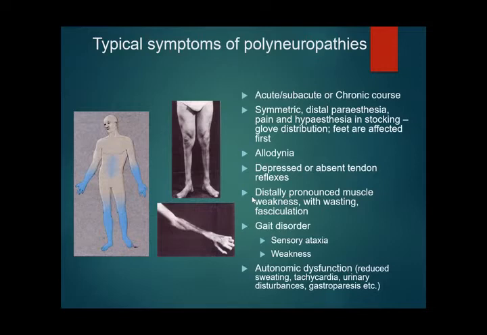Gait disorders, patient may have sensory ataxia, and the cause of sensory ataxia is involvement of the large nerve fibers and the dorsal roots, they carry the proprioception and vibration sensation. So when these nerve fibers are affected, patient can have impaired proprioception and vibration, which can be picked up by doing the Romberg's test, or you check for the vibration and position sense during your lower limb examination and upper limb examination. Autonomic dysfunction can be depicted by reduced sweating,